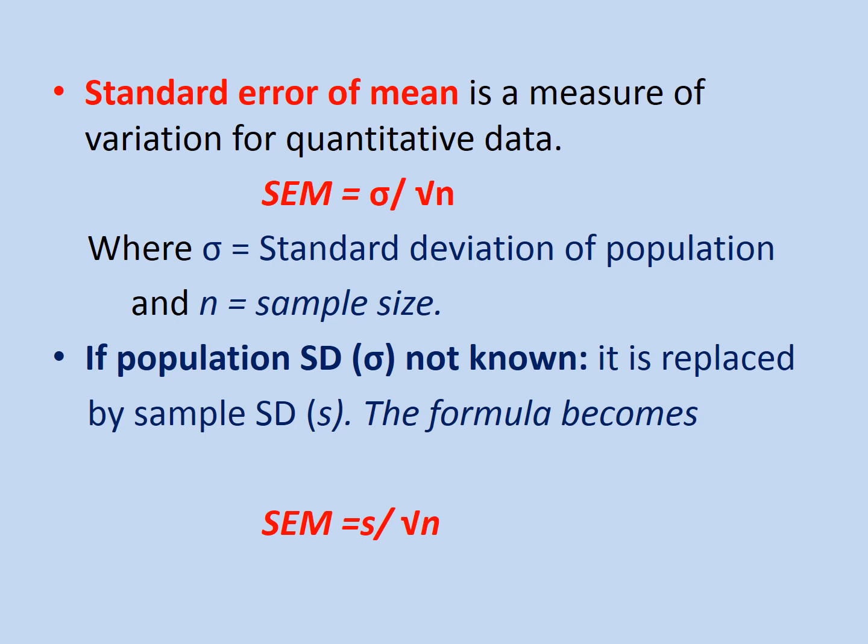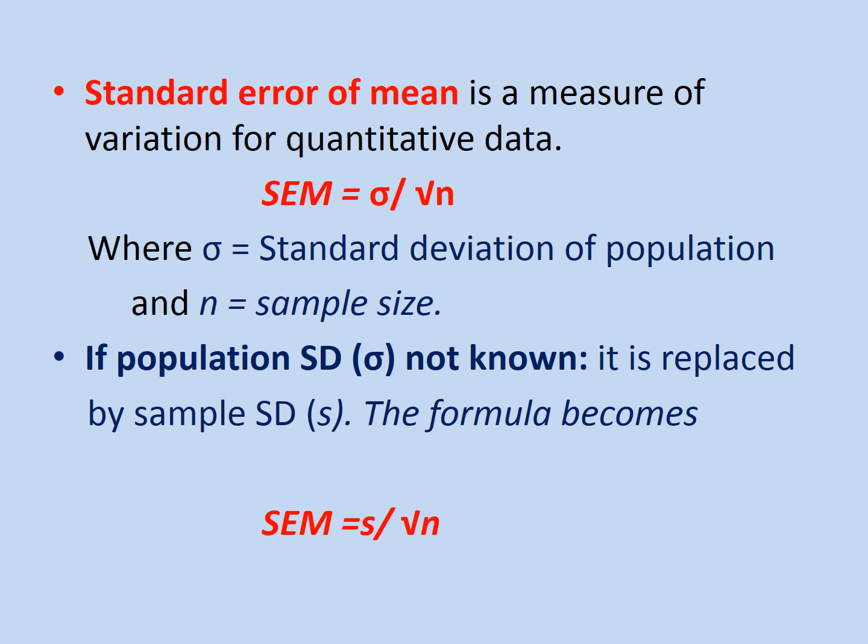Now many times, when you go into the community for research, you will not know previously the standard deviation of the particular observation. Suppose, in a hypothetical example you may know, but in a real situation, if you go to the loony town and someone asks you what is the average hemoglobin level of females of the loony town, what will be your answer? Definitely you will not know. So what you can do in that case is estimate the standard error of mean by replacing that sigma, the standard deviation of population, with the standard deviation of sample.